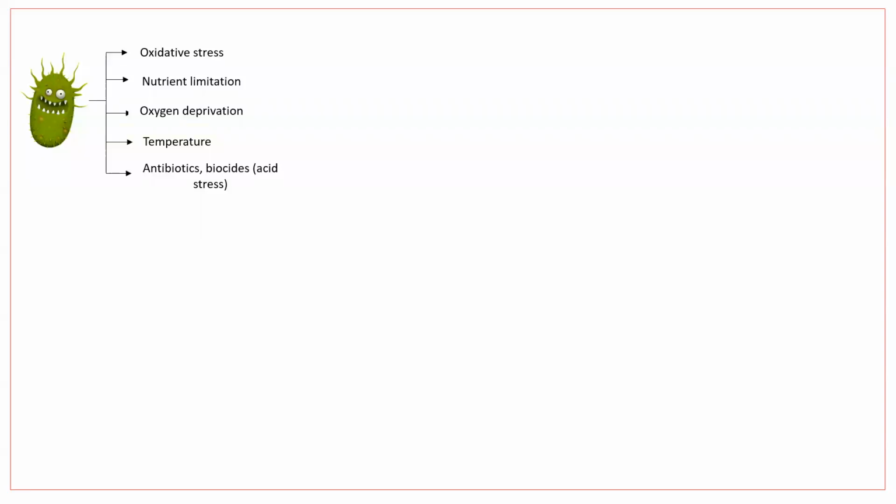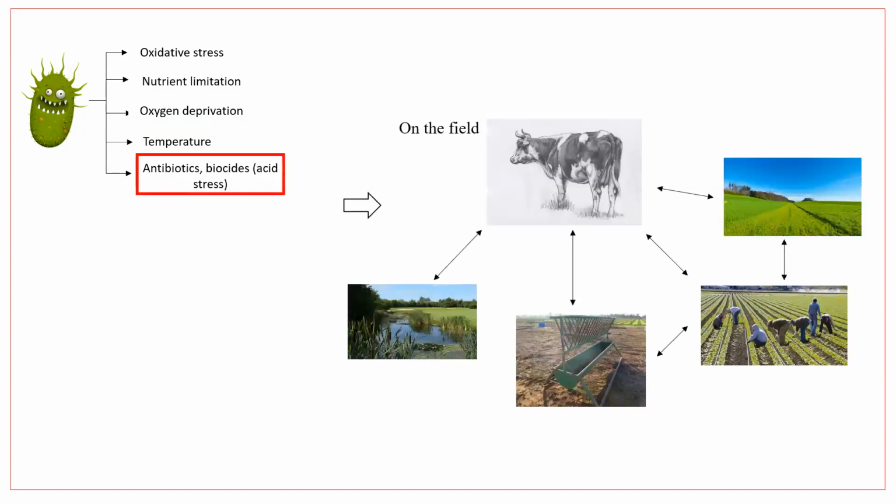We use a lot of antibiotics and a lot of antimicrobials in the food chain to try to eliminate microbes, especially those that could be harmful. So if we look at the field, the antimicrobials that are used against microbes can result in the formation of antimicrobial resistance genes in the microbes. Microbes can figure out a way to adapt to these antimicrobials, and they could take up genes that help them combat or defend themselves against the antimicrobials. And these genes can be passed from one microbe to the other.